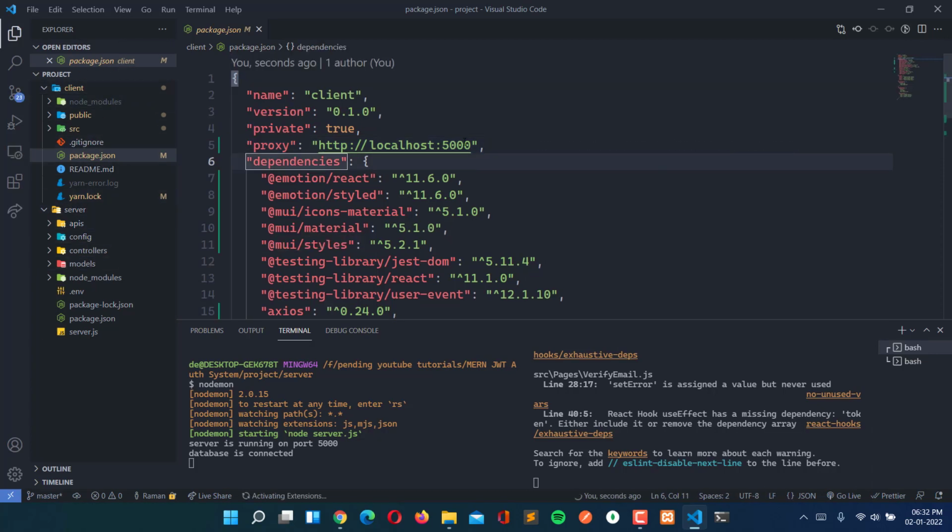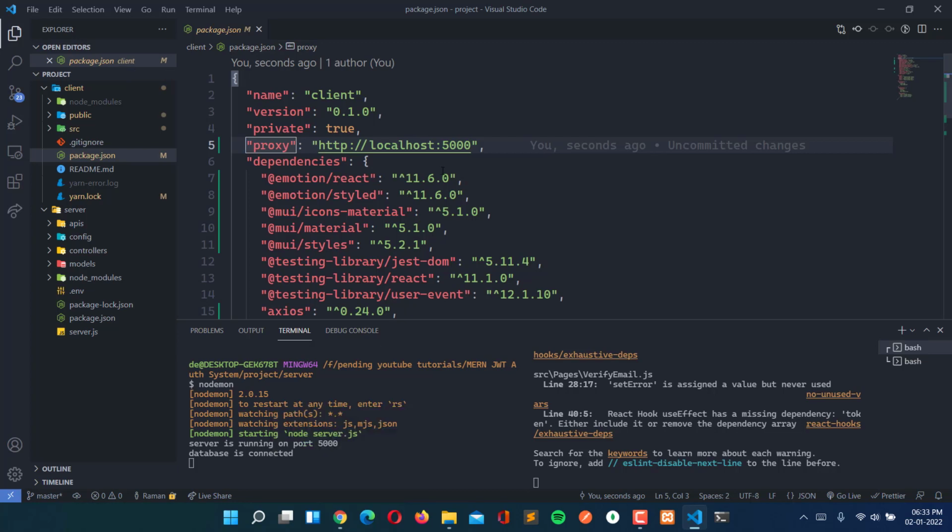This means that we will first create the build for our client, and then we will attach it to the server, and then this server will be ready. Our full-stack application will be ready. Then we will just upload our server folder to Heroku. That deployment we will do in the next video. So this video will be very short, and in the next video we will do the deployment.